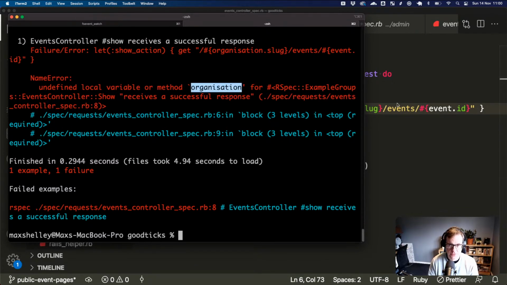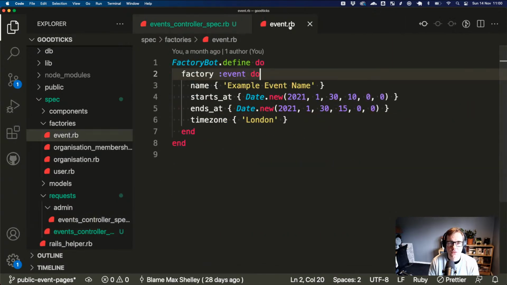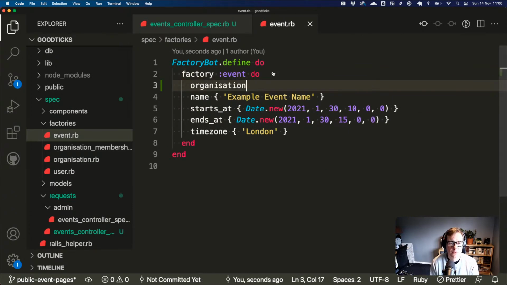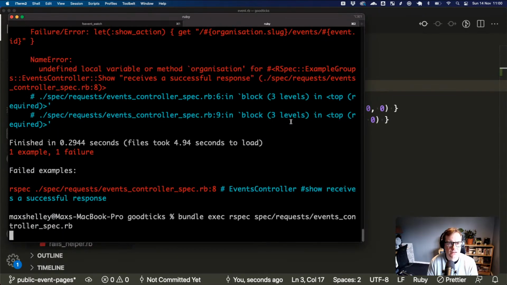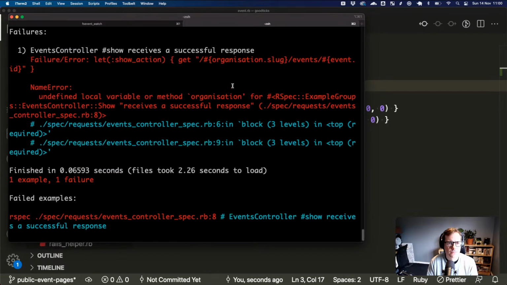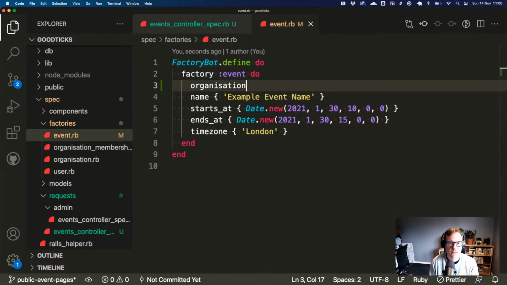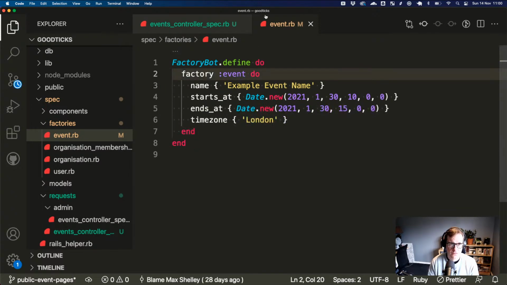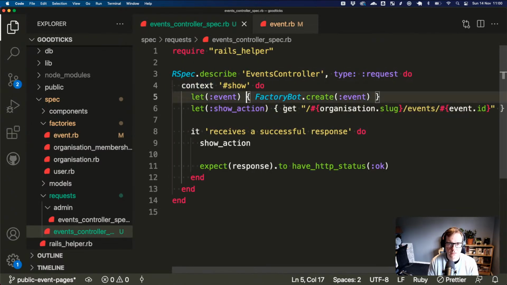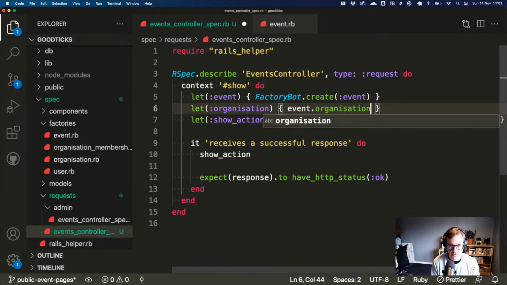Yep, so that's our factory failing. So our factory for an event is, I think you can just put the name of the association in FactoryBot and it'll figure it out. Oh, it's because I didn't add, actually that might not be the case.